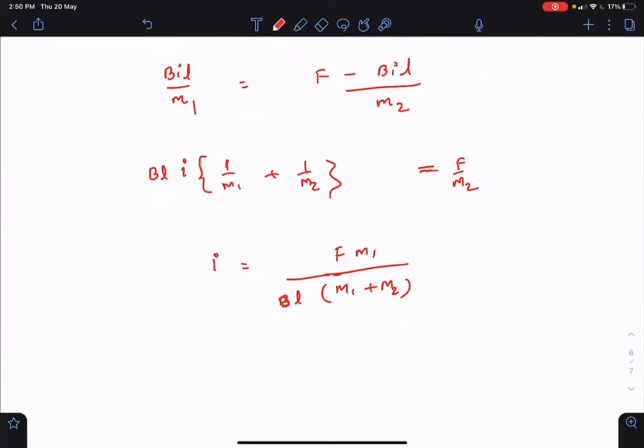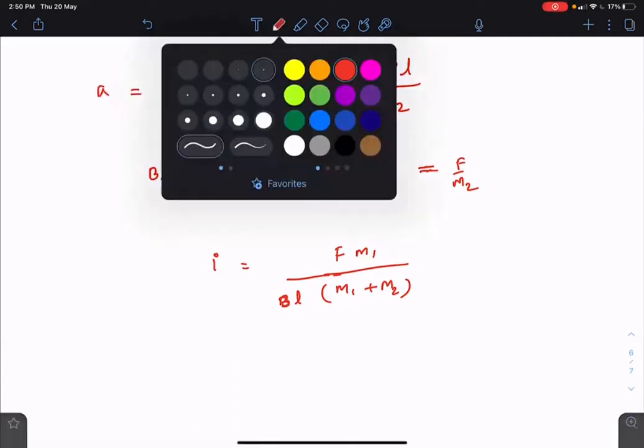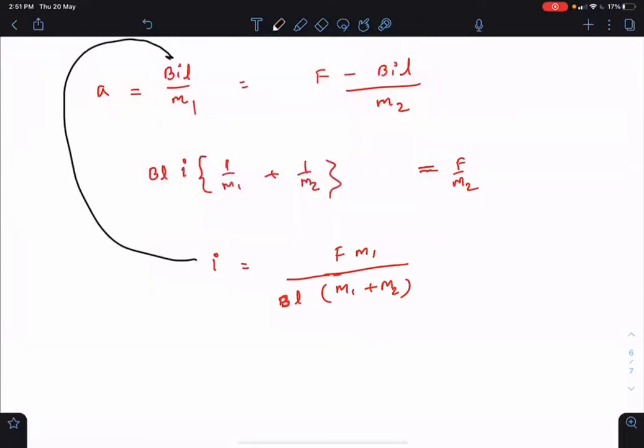Now, if you are asked what the final acceleration is, substitute back the value of current to get the final acceleration. That's it. But imagine a case in which you are asked to find it as a function of time. I'm telling you again and again that these kinds of things will normally not be asked as a function of time. But if at all it is asked, you have no choice other than to solve the differential equation.